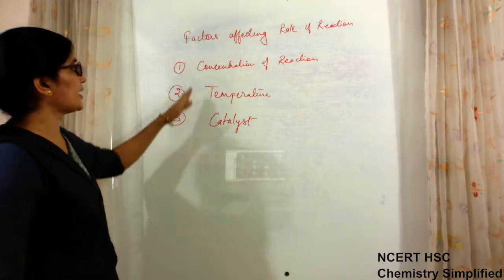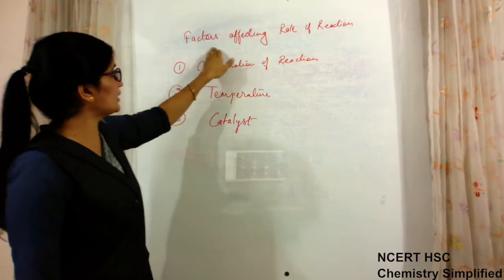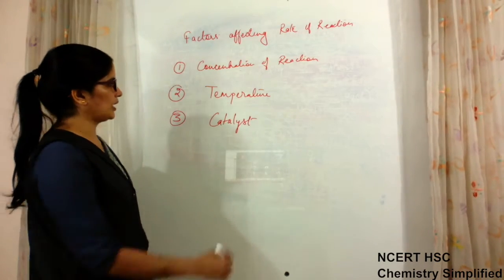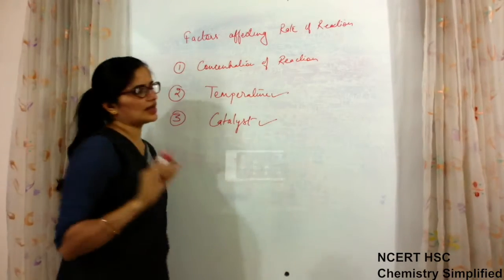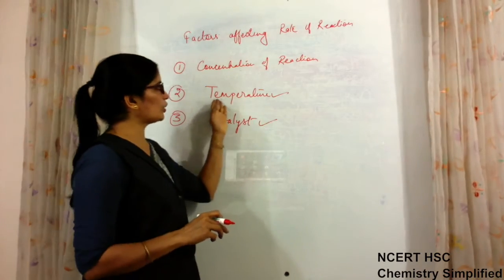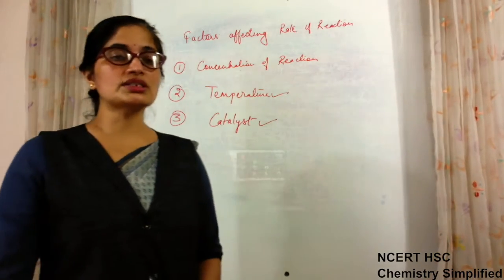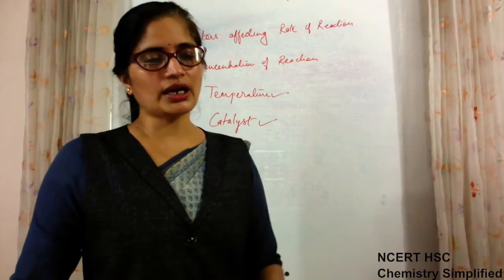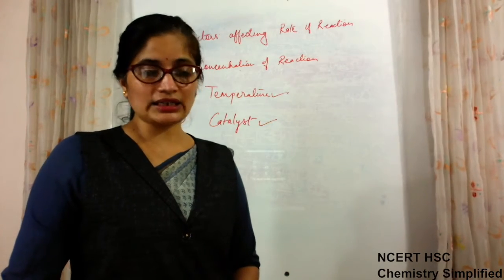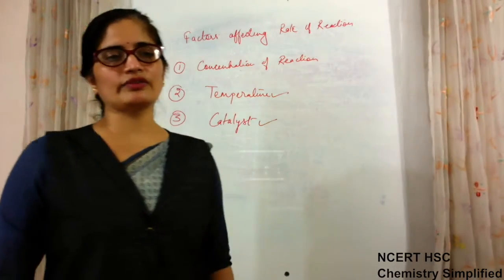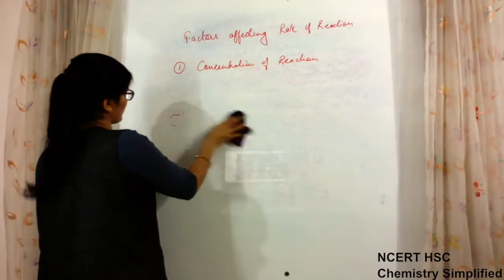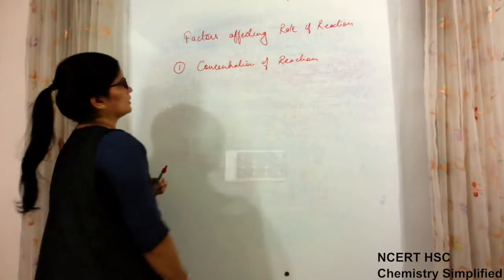Clear? So 3 factors we have to study under the heading factors affecting rate of reaction. One by one we will study about them. Effect of temperature and catalyst are very small topics, because the portion dependent on temperature factor is almost deleted. So we will just introduce how temperature affects the rate of reaction, but the Arrhenius equation and activation energy part is deleted this year, so we do not have to do that. So temperature factor is very small, it will be covered fast. Catalyst is also a very small factor which will be taken.